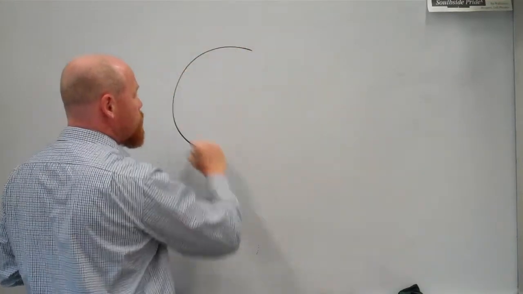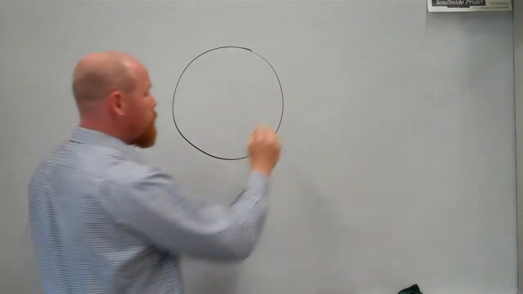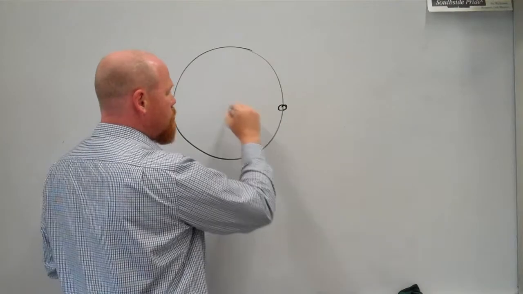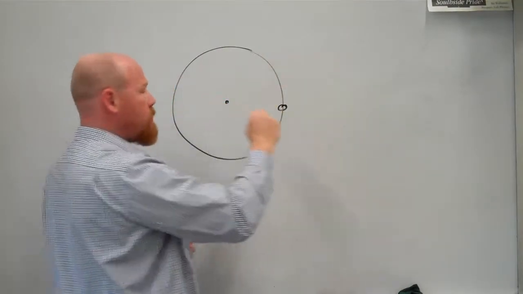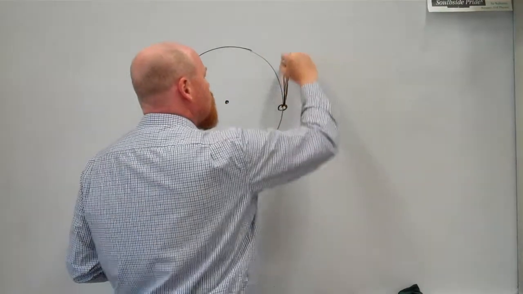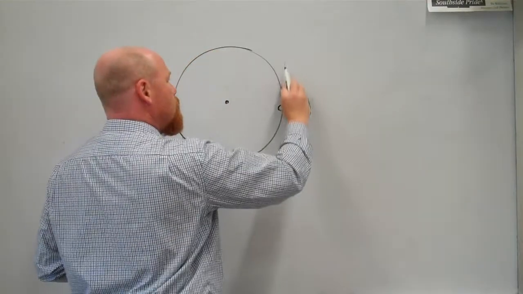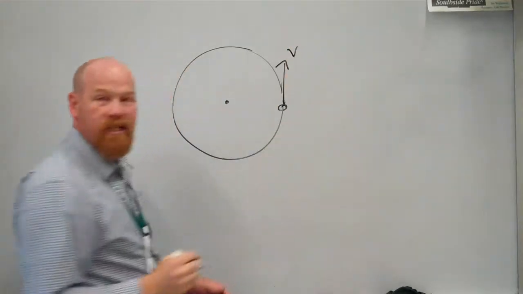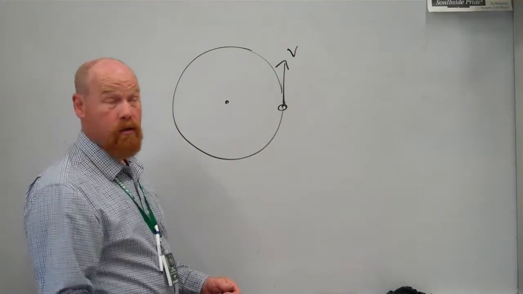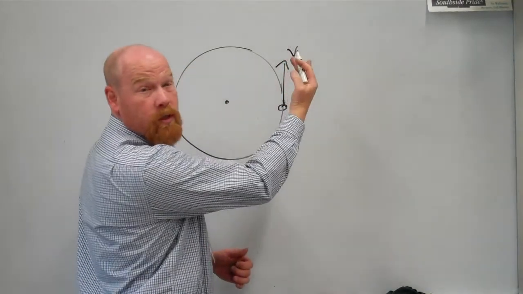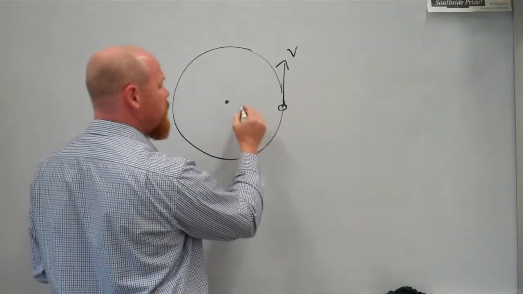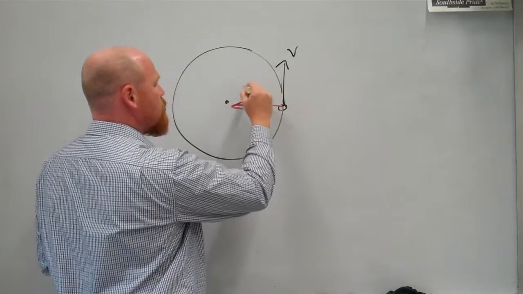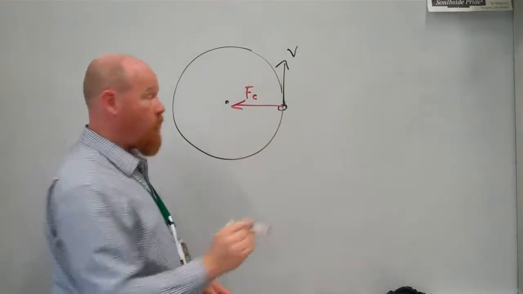So, if you have a circular motion, a pretty good circle, what's going to happen is if your kitty cat is over here, and it's going around and around on the ceiling fan, it's trying to go in a straight line. Bad, Mr. Wilson. That's the way its velocity or inertia, you know, we talked about an object in motion tends to go in a straight line. That's the way it wants to take it. However, if there's a force,